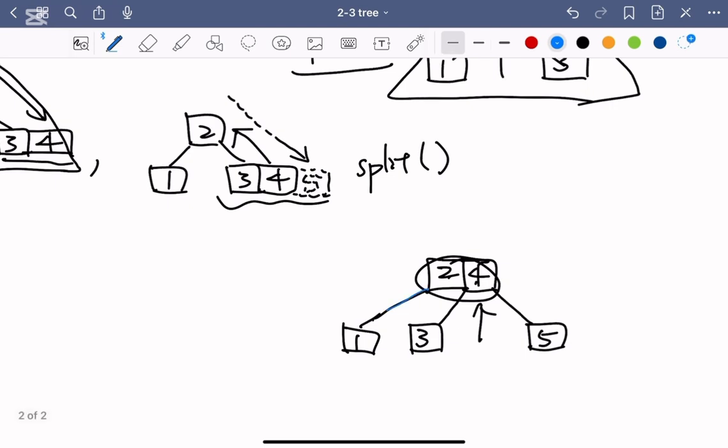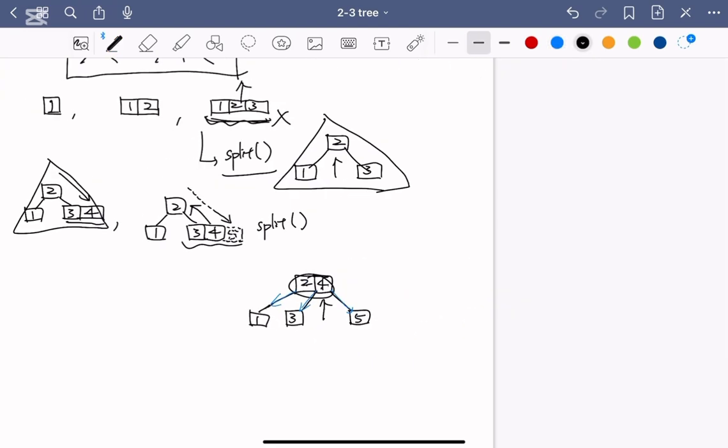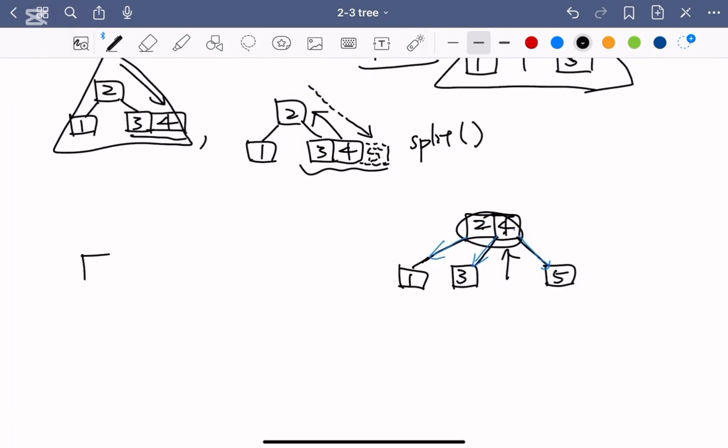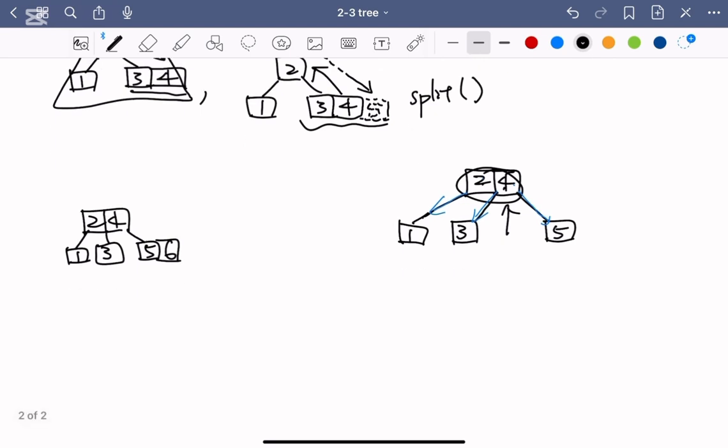So it goes like this. This part is less than 2. This part is in between 2 and 4. And this part is greater than 4. Okay, now to inserting 6. We have 2, 4, 1, 3, 5. Now inserting 6 is just as simple. Inserting 7